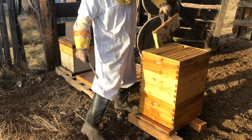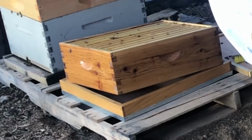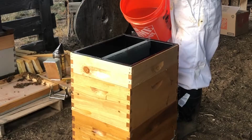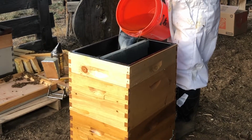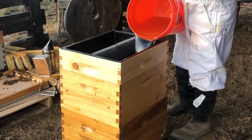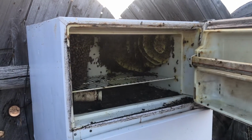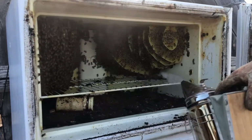I negotiated a deal with the queen of the hive, and she agreed to let me take the top box packed full of honey in exchange for my 5 gallons of thick sugar water. Done. Wait! There's more! My friend Tom, the rancher, told me that he had noticed a lot of activity coming